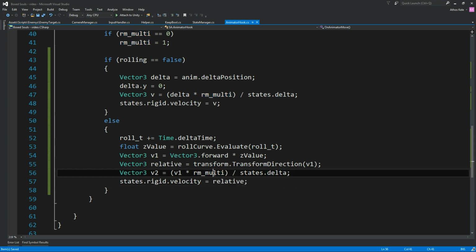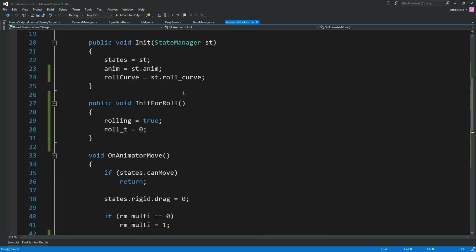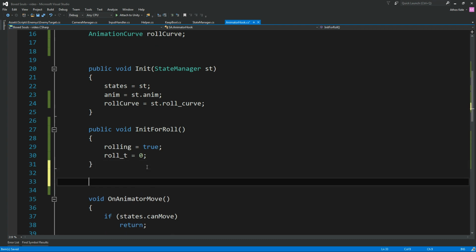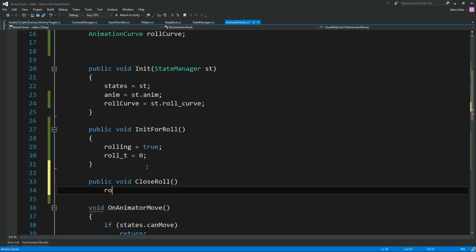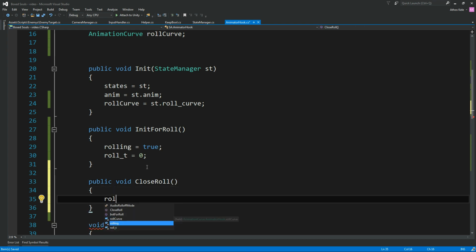Now we could just change the velocity entirely by using only the curve, but then we would not have control over it if we want to do fast rolls and stuff like that. Okay, of course we want to do all this stuff because they are fun to do. So over here we simply need to also add public void close roll. So rolling is going to be rolling no more. In state manager then